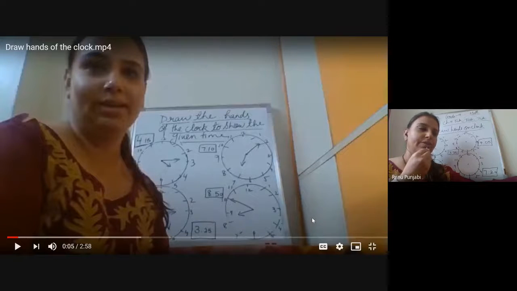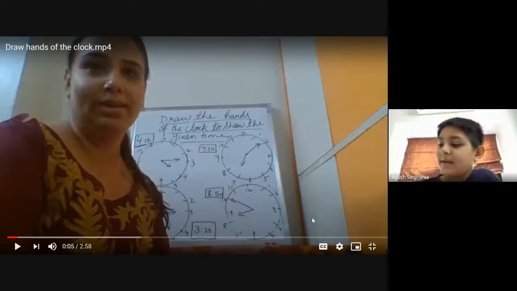So for 12, we will use noon. But the answer was not 12. 5 hours after 8 will be 1, and 13 you will calculate, and that will be 1. And 1 will come in the PM, right? But your question was related to the AM and PM. We will not use AM and PM for 12. We will use 12 noon. Clear? Yes. But in real life, is there something like AM, PM for 12 or not?